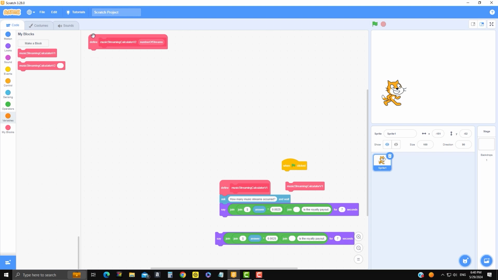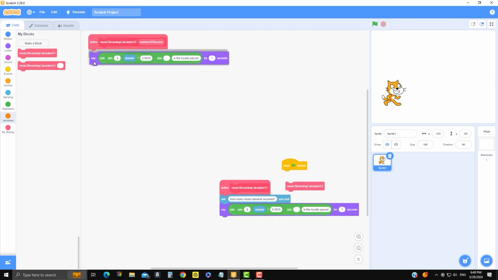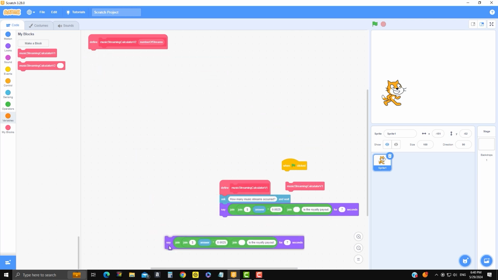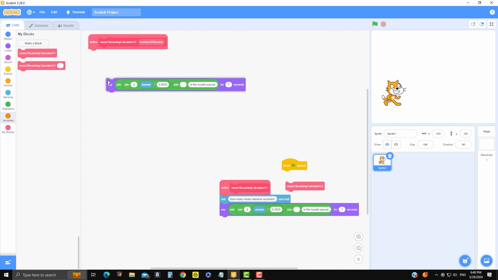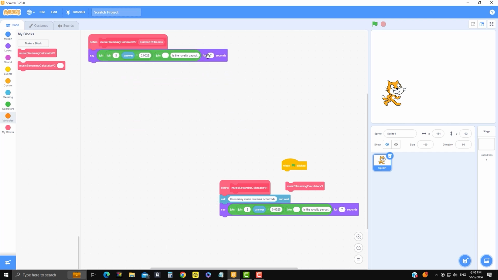If you look up here to the left, one of the neat things you could do is you can use the number of streams. So hopefully you see where I'm going with this. So really all we need is, say, this one. So we use, say, this combination of blocks,